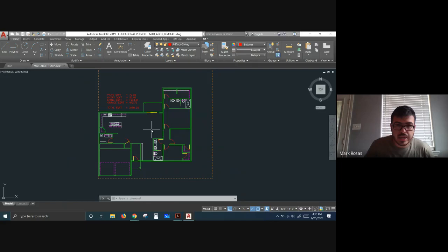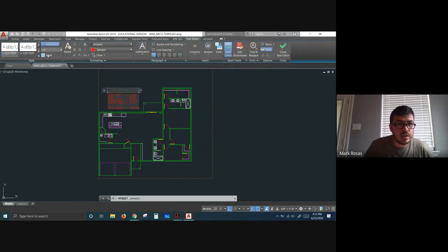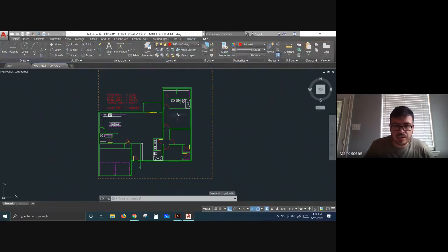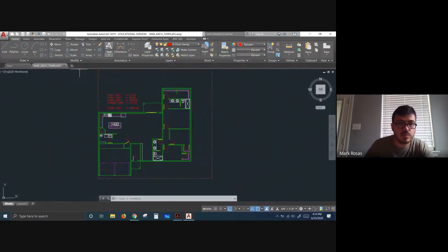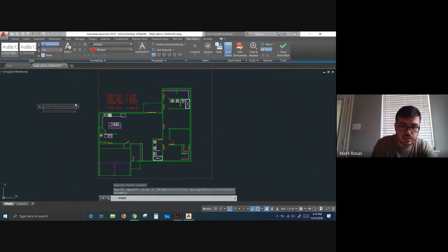You can also go ahead and label your rooms. So to label your rooms, you can use the same text I used here, which is going to be the 0.25 text. All right, the 0.25 text should do fine to label the rooms in here, and you should be good to go. All right, so if I did this, I could come like this. I could say,